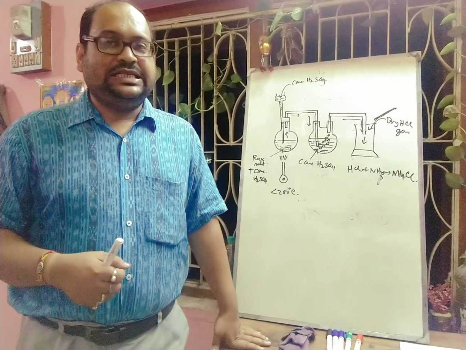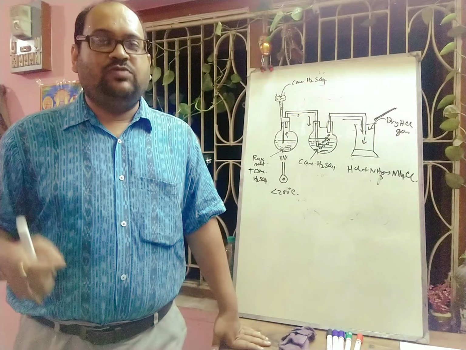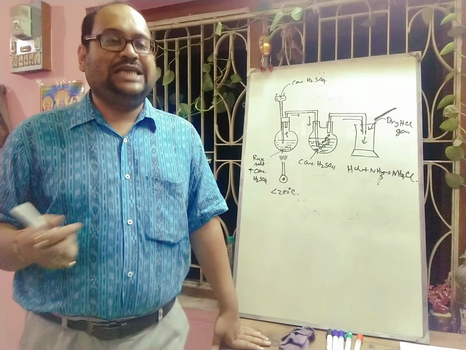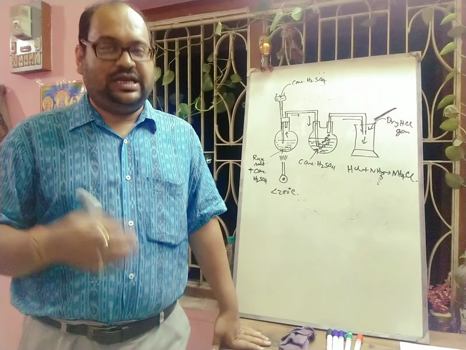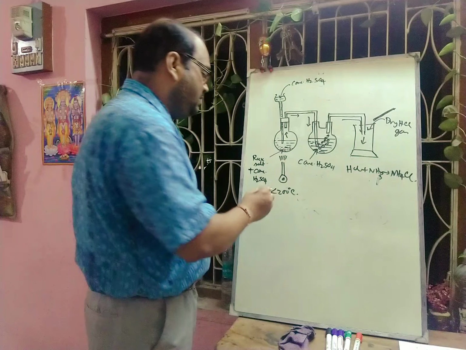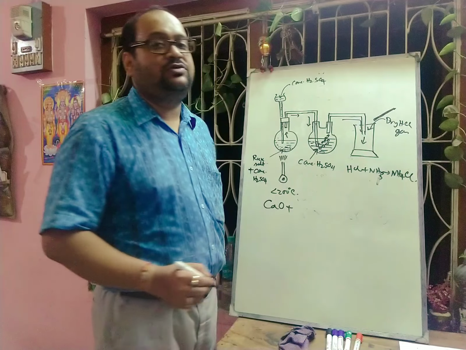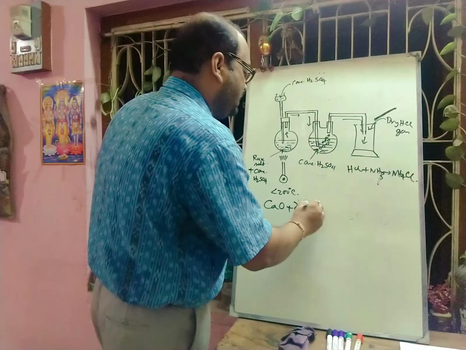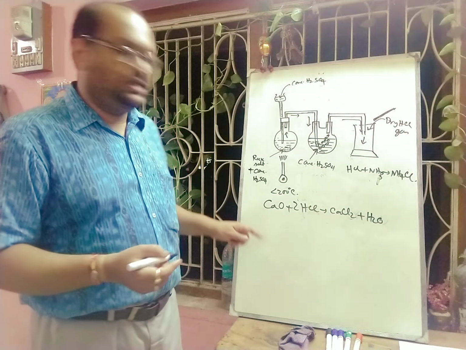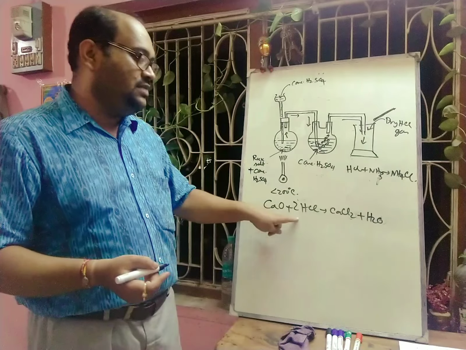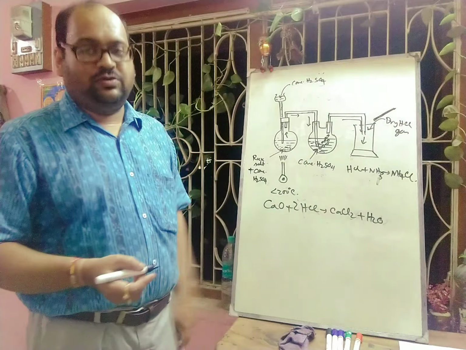Now concentrated sulfuric acid is used as a drying agent to remove moisture, because it does not react with HCl gas, and hence concentrated sulfuric acid can be used as a drying agent. But if we take other drying agents like calcium oxide and P2O5, what will happen? Definitely there will be a reaction. Calcium oxide will react with the HCl gas forming calcium chloride plus H2O. Calcium oxide is alkaline in nature and will react with HCl forming salt and water, so we cannot use it. Now if we use P2O5, what will happen?